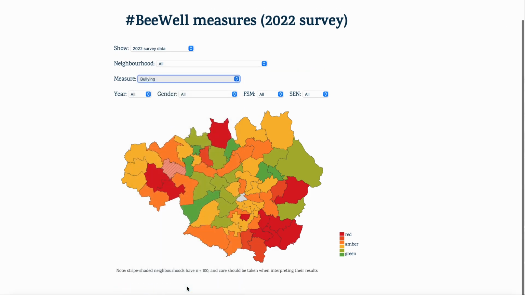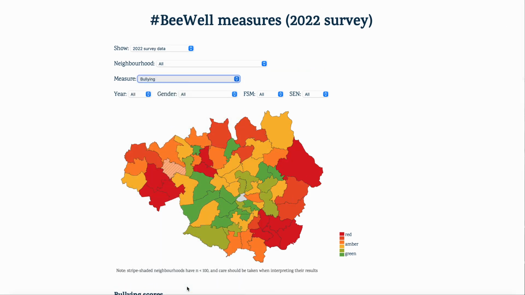So again, we'll select bullying here just as an example, and then you could have a look to see which areas young people report worse or better scores for their perception of those relationships than the GM average. And then finally,